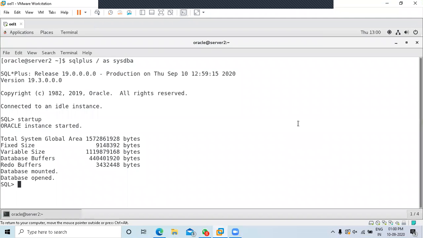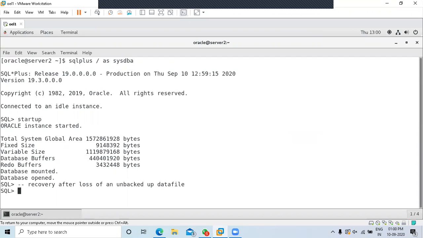So today's session, we are going to see how to perform two recovery scenarios. The first one is recovery after loss of an unbacked up data file.